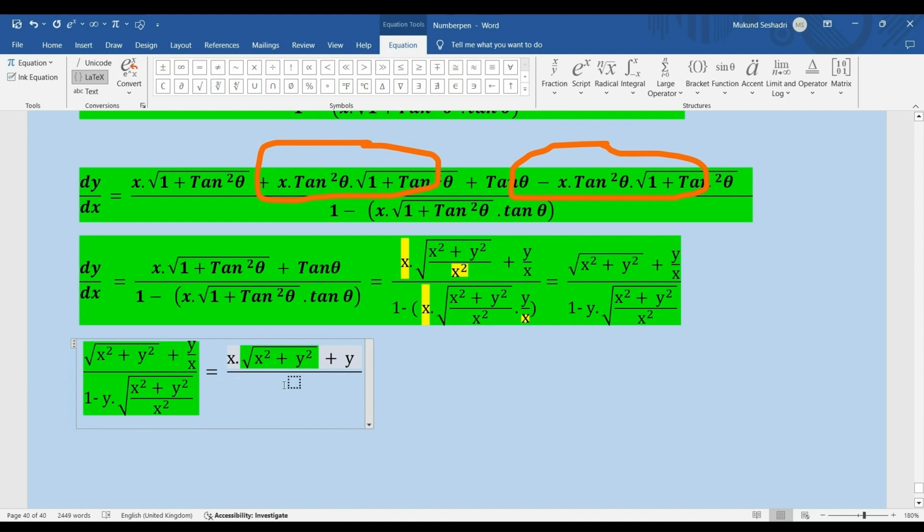And then I have my x in the bottom times 1 minus y by x. And I hope you folks are able to get what I'm doing. I'm moving out the x square inside the square root and I'm writing it like this. Right? So this is what I get,